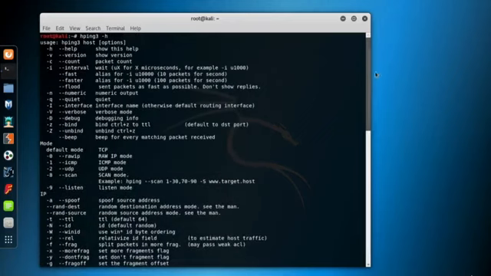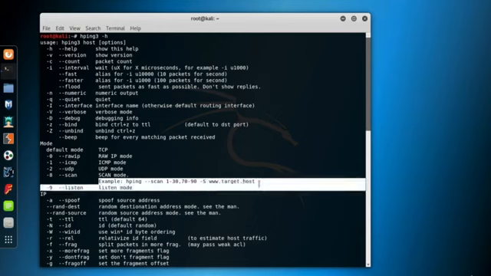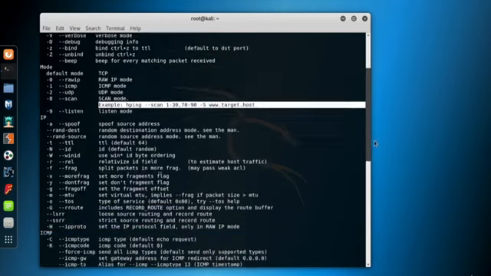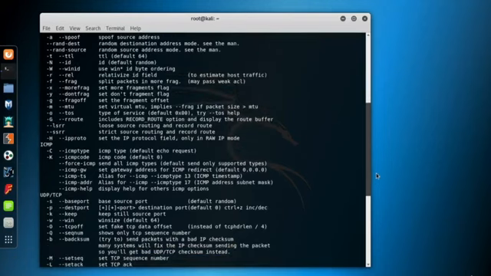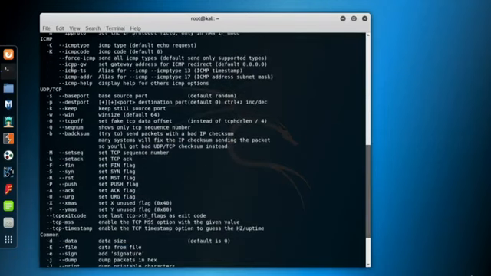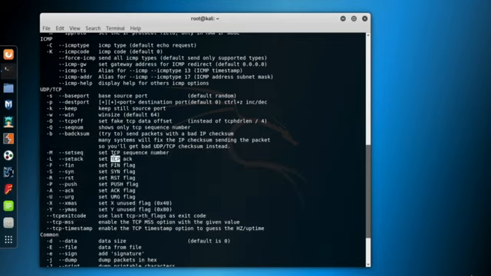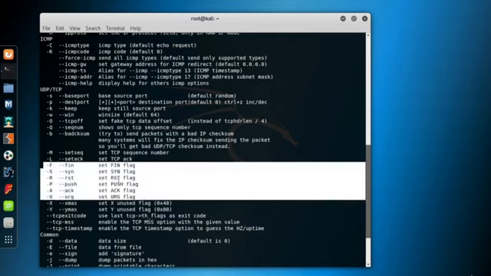Let's look at a few parameters important for scanning mode. Under the mode title, we have a scan mode, and the help shows a sample usage of the mode as well. We'll use the --scan or -8 parameter to use hping in scan mode. Under the TCP/UDP title, we have the parameters to set the flags of TCP or UDP packets. You'll see the flags and their meaning in following lectures in this course, so just see hping in action